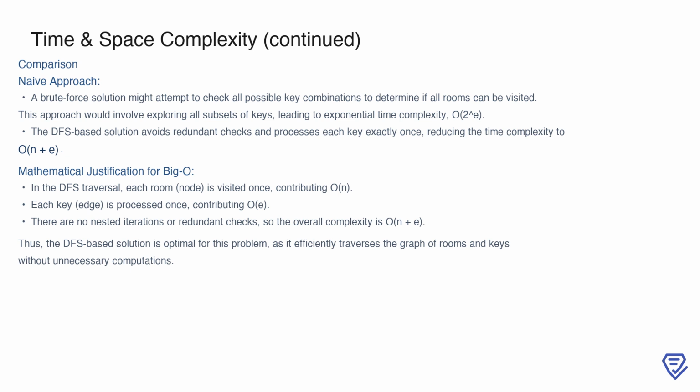In contrast, the DFS-based approach avoids redundant checks by processing each room and key exactly once, achieving a time complexity of O(n + e). Mathematically, this efficiency is justified because during the DFS traversal, each room is visited once, contributing O(n), and each key is processed once, contributing O(e). Since there are no nested loops or unnecessary operations, the overall complexity is linear with respect to the number of rooms and edges. This makes the DFS-based solution optimal for traversing the graph of rooms and keys efficiently without unnecessary